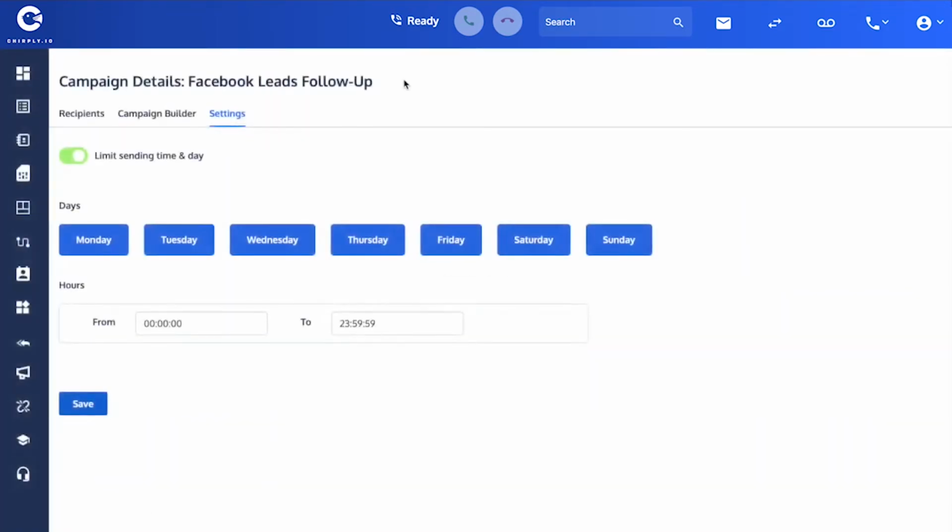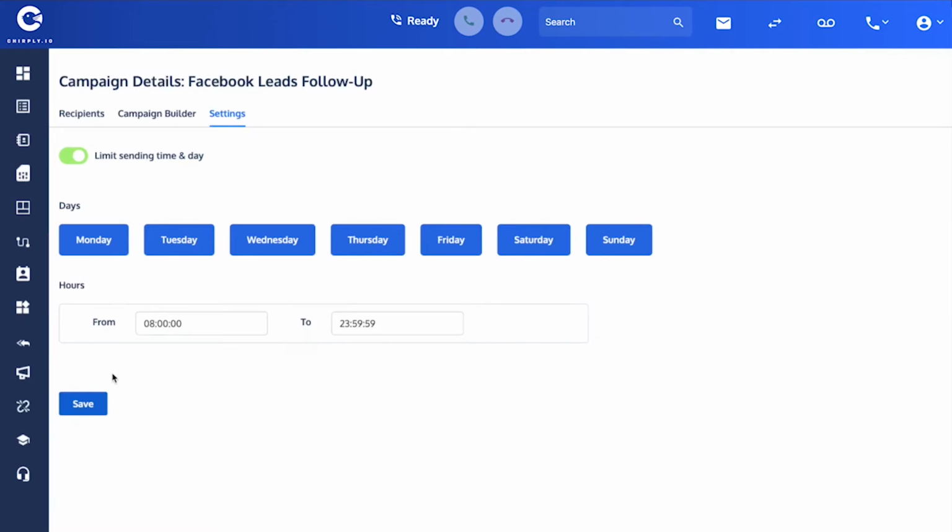And this is where you can limit, for instance, the time of day and the days of the week that your campaign will go out. So maybe you don't want to be sending people text messages and phone calls at 2 o'clock in the morning. Well, that's just fine. You're going to click on the settings, make certain that it's enabled, green, and then you're going to set in the time here that you want this to begin. So if I only want this to begin at 8 a.m.,